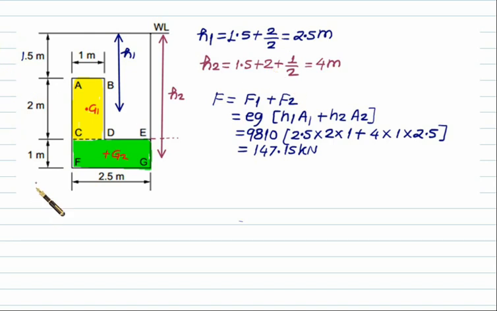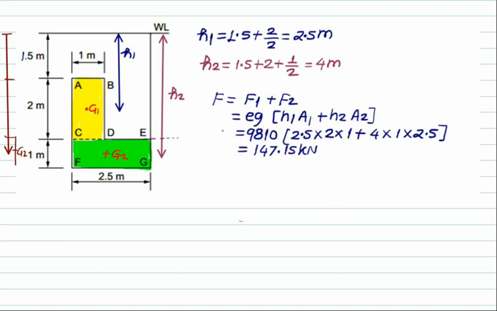Then to measure the centroid of this, draw the edge view. This height equal to 1 meter. Next, project this centroid on edge view. Measure the distance of this centroid from free surface. So this vertical distance consists of 1.5 plus 2 plus half of 1, that is 1.5 plus 2 plus 1 by 4. So we have successfully measured h1 and h2. So total force consists of F1 plus F2. Out of that, rho g is common, and therefore we have rho g h1a1 plus rho g h2a2, and we can calculate total force.